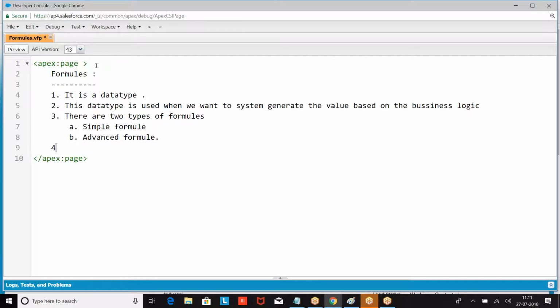When I say advanced formula, Salesforce has provided some predefined functions: logarithm functions, time functions, text functions. I want to get the third character from the name. I want to check whether the fifth character is Prasad. I want to check whether the name starts with S. Then do this logic. So when you want to perform complex logic using the predefined functions of Salesforce, a lot of predefined functions, if you want to make a complex rule, then we go for advanced.